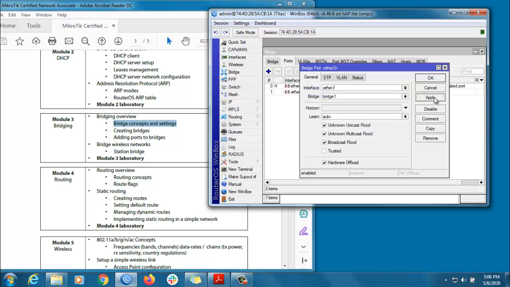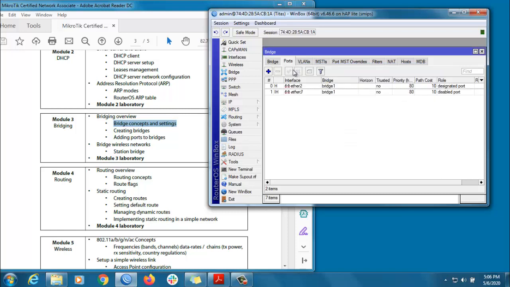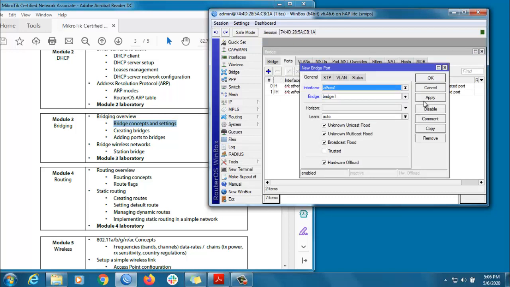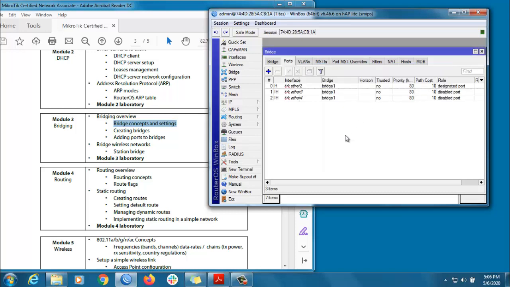Then click apply OK. There is another port in our router, Ethernet 4. So we are using all 3 ports as a LAN interface, and Ethernet 1 is only our uplink, right?